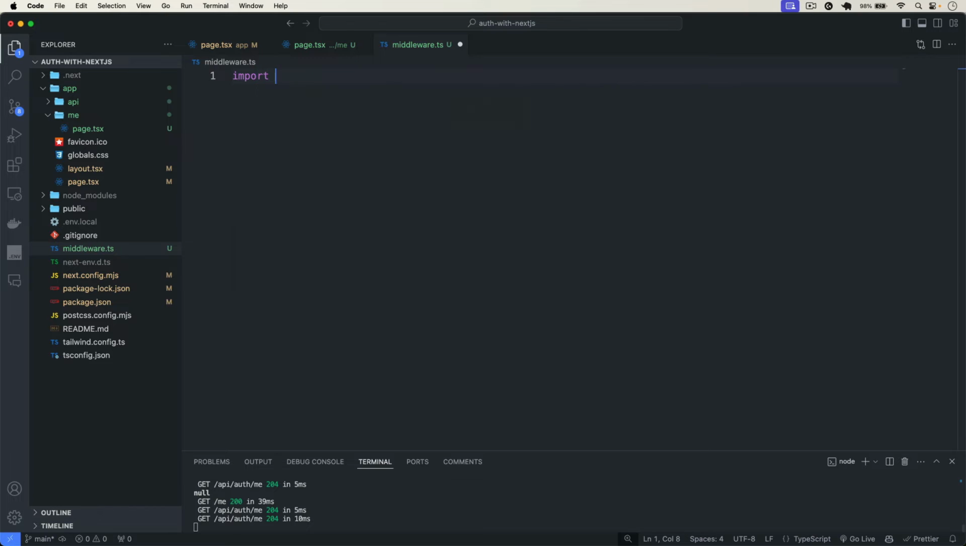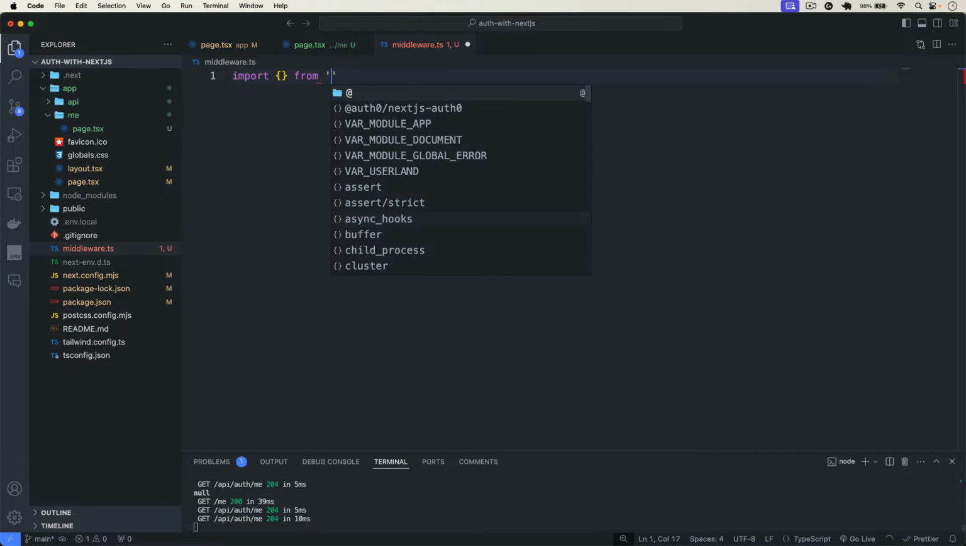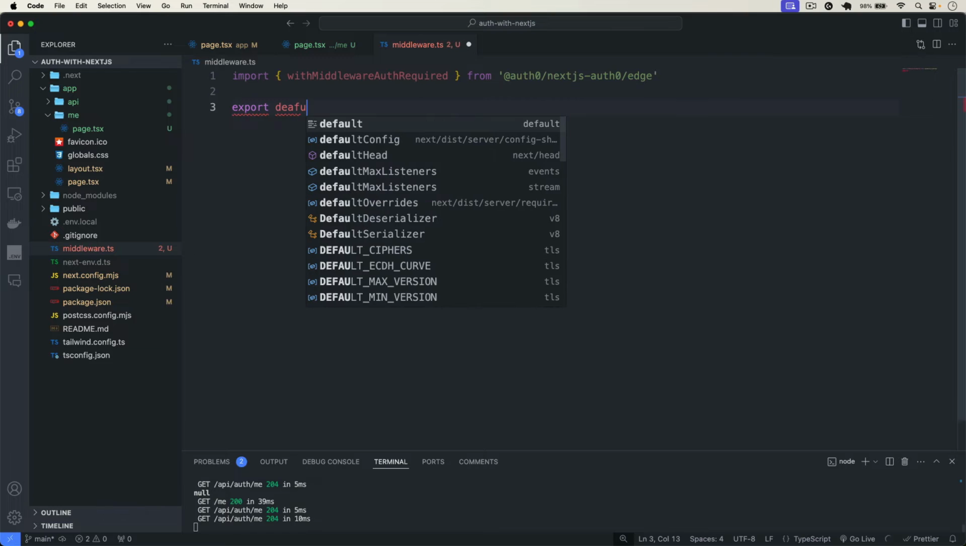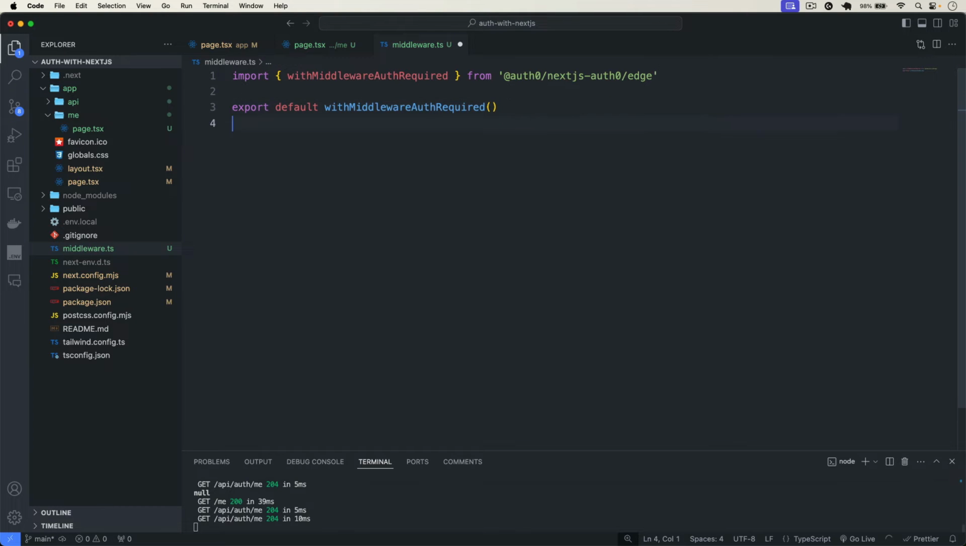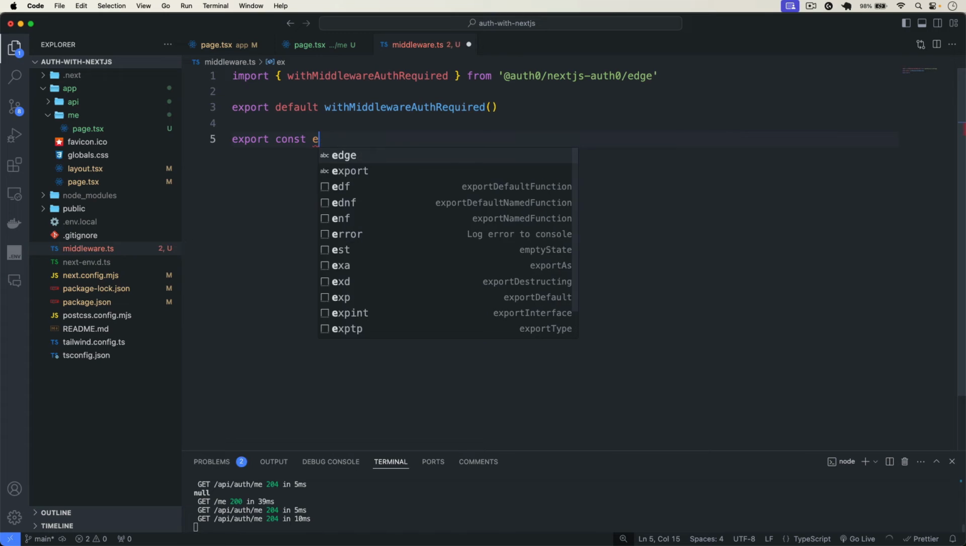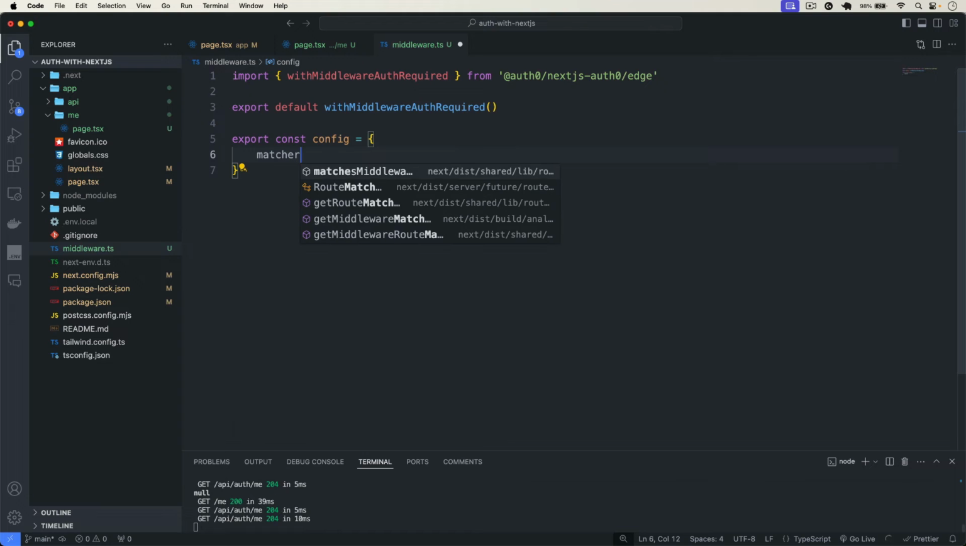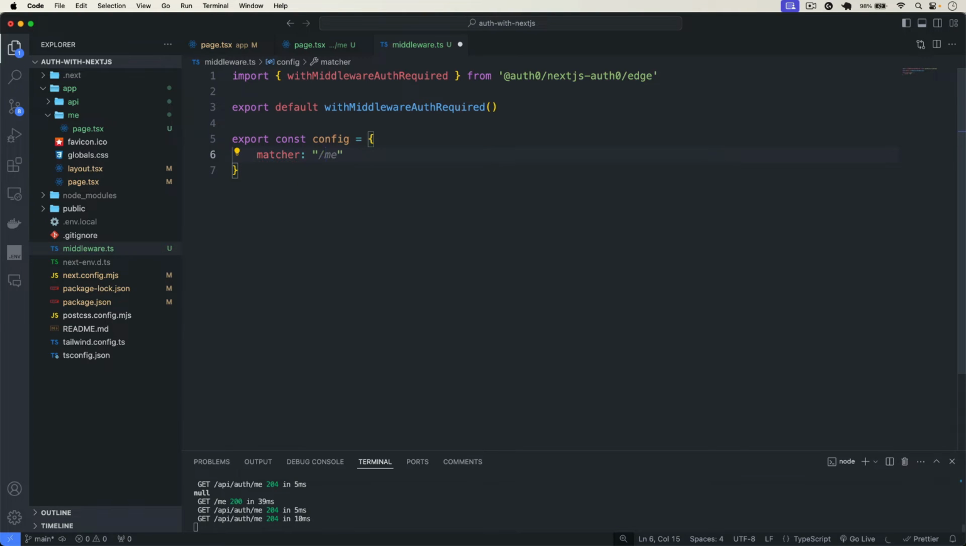So I have to simply import middleware from the package that is going to be our Auth0 Next.js package /edge, and from here we have to import a function with middleware auth required. So I will export it and type here export default this middleware, and then we have to export here our config object in which we can basically pass our routes that we want to protect. So in the matcher I will type here /me, save it, and now let's restart it once